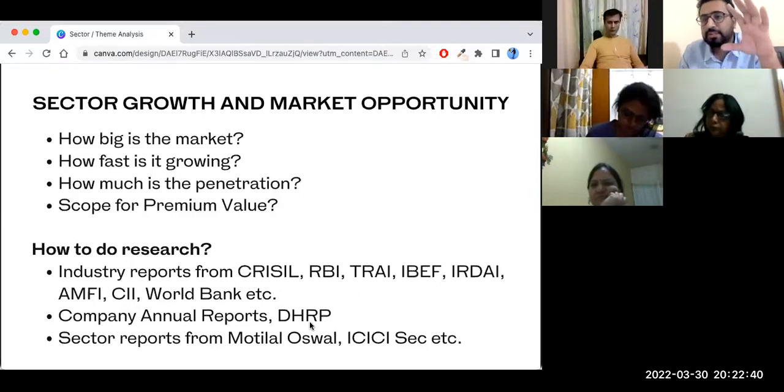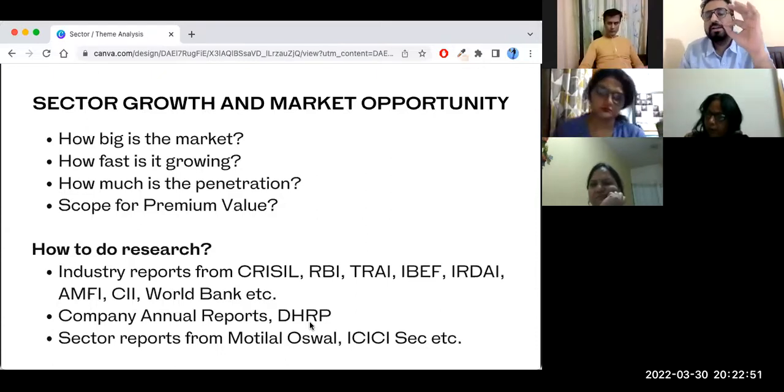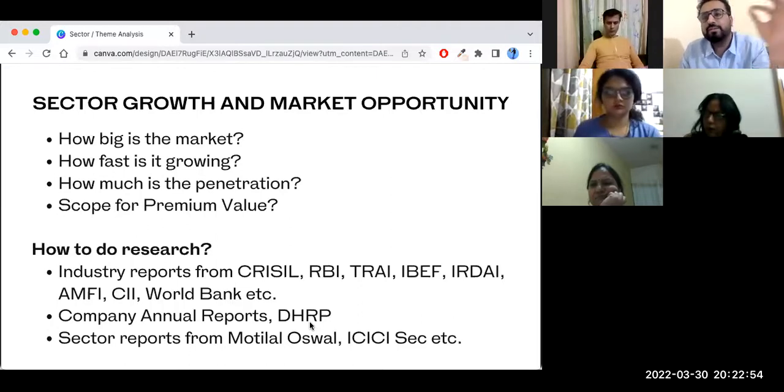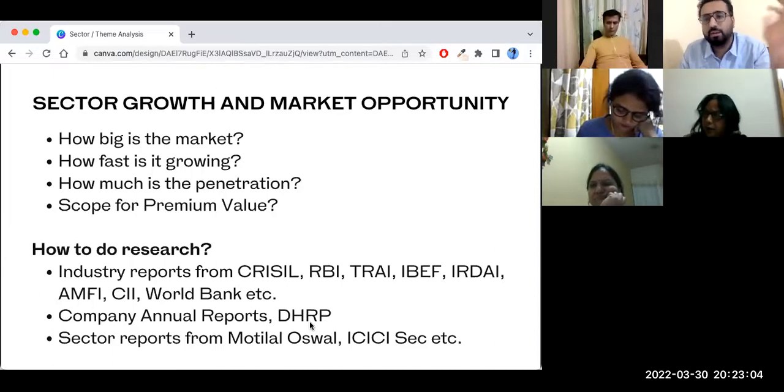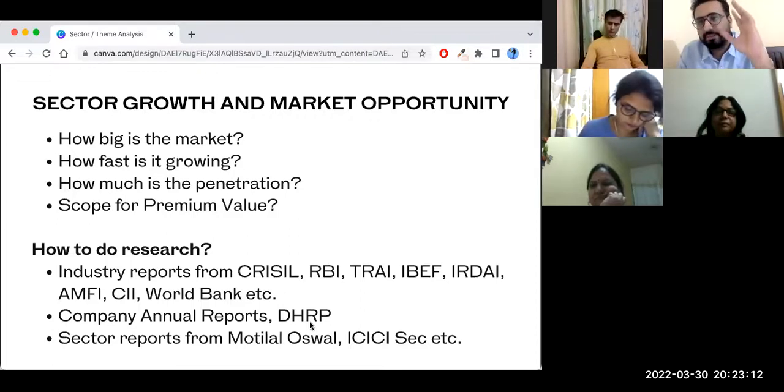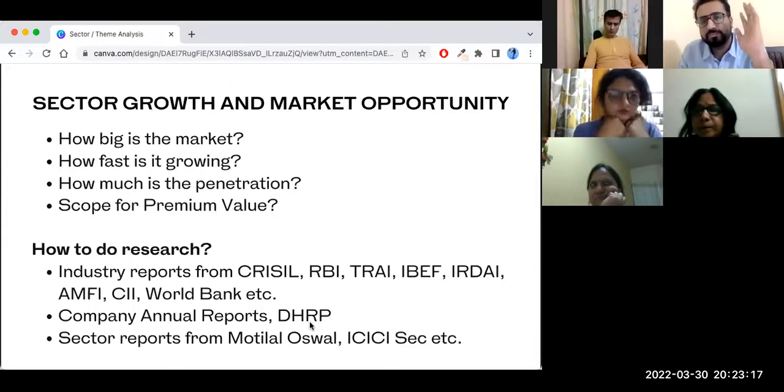Most of the times, in reports published by Motilal Oswal, ICICI Securities, all these brokers, you will find redundant information, right? What happens is, they have hired a very junior level analyst. Let's say Motilal Oswal has hired a junior level analyst. He's getting paid whatever, 20,000-30,000 every month. His job is to publish analysis or sector reports of, let's say, the chemical sector. He has to publish 3 or 4 chemical sector reports every month, whatever, right?